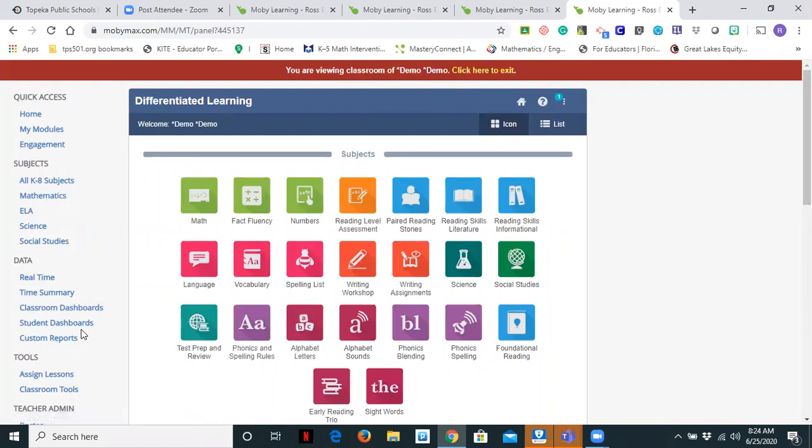And over on the left-hand side, you'll also see custom reports. That is something that you are not going to need to know right away, but it is an option. So we have reviewed many programs today within the MobyMax suite. I hope that you have found these helpful. And the last one that we're going to do today is sight words. So let's click on sight words